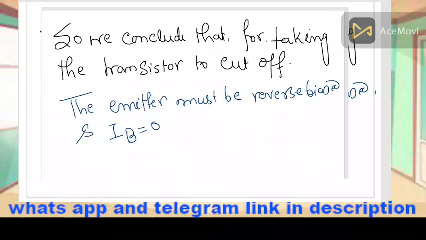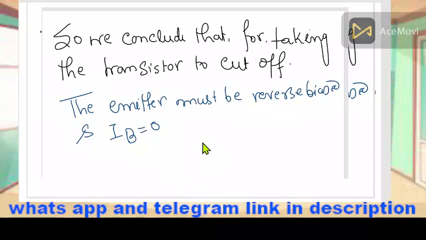So we conclude that if you are asked how you can take the transistor to the cutoff state, we have seen that there are three states in the transistor: the active region, the cutoff region, and the saturation region. These are basically three states of the transistor and they depend on the biasing. If you want to take the transistor to the cutoff state, what should you do? The first thing is that the emitter must be reverse biased. We saw this situation in the last lecture, and here we will see by some equations how the cutoff region is distinguished by the reverse biasing of the emitter junction.